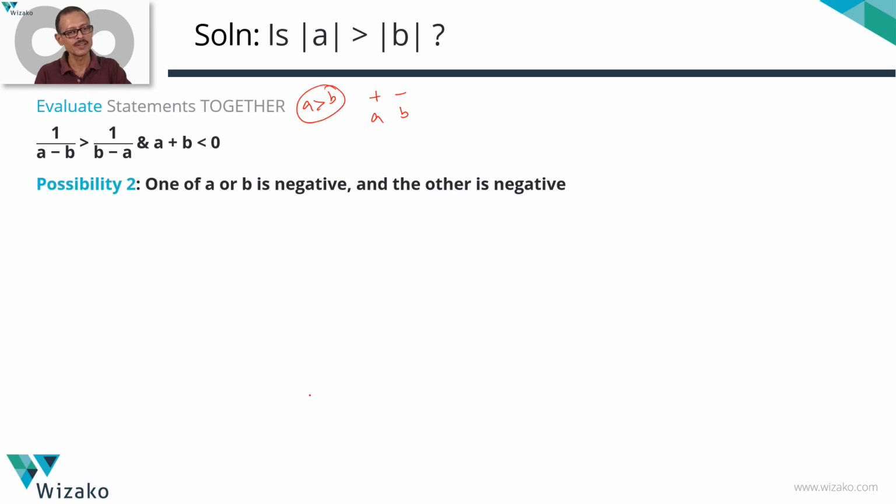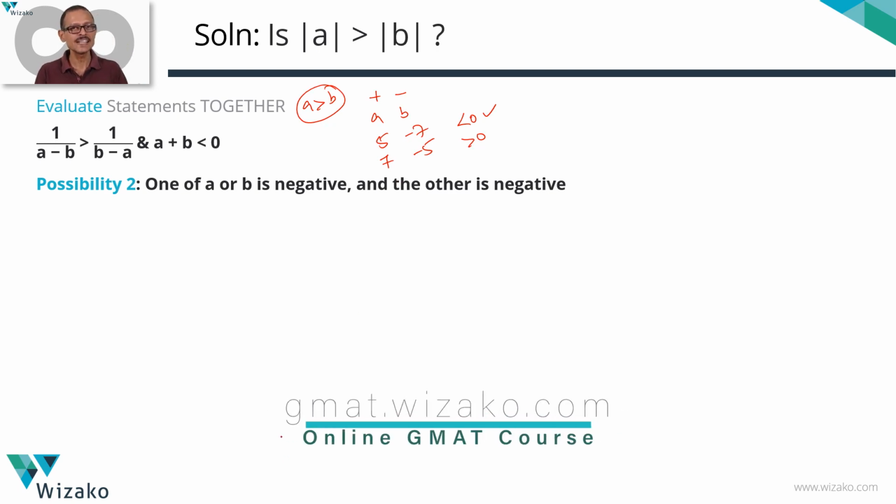If the sum of these two numbers has to be negative, let's say A is a 5 and B is a -7, will the sum be negative? Yes. Conversely, if A is a 7 and B is a -5, will the sum be negative? No. The sum of two numbers, one being positive and the other being negative, will be negative only when the magnitude of the negative number is larger.